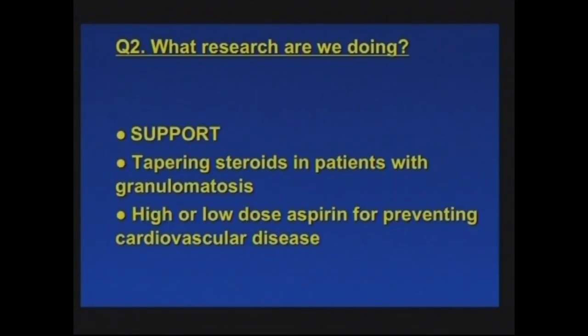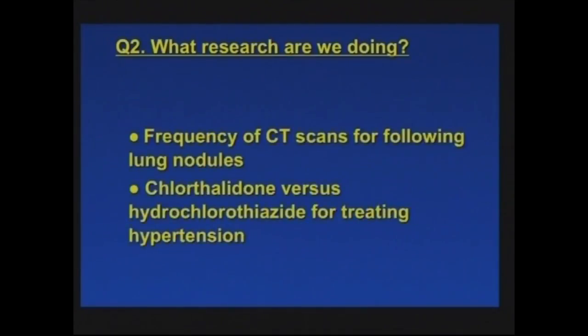There was the SUPPORT study. Again, very real suspected differences there. Information that somebody might actually want to use in terms of picking one or the other, as opposed to being in a trial. Other examples, patients with Wegener's granulomatosis. Do you want to have a taper of your steroids, which may mean your disease, which could perhaps kill you, would be exacerbated, versus instead staying on the steroids and increased risk from being on the steroids? Third bullet here is the ADAPTABLE study that PCORI is funding, higher or low doses of aspirin for preventing cardiovascular disease. We know a great deal about what higher or lower doses of aspirin might do to you.